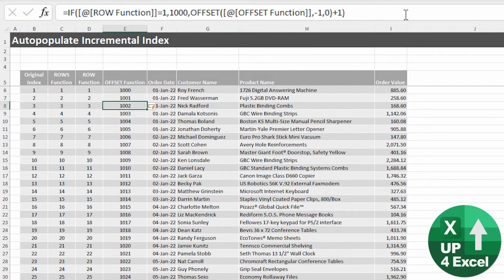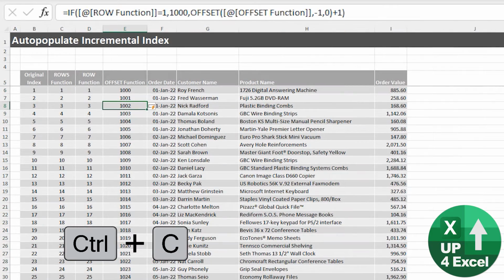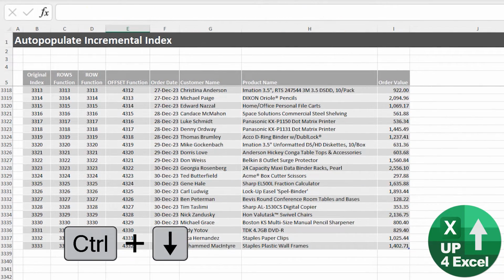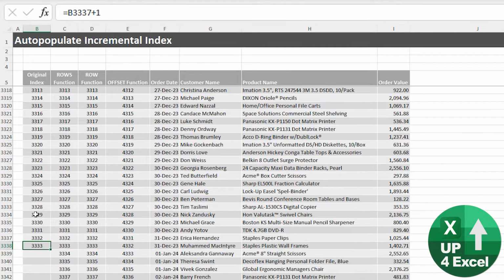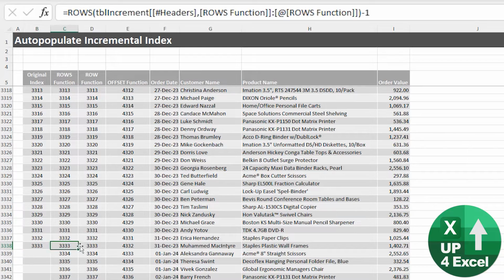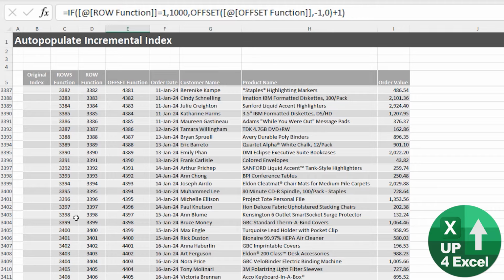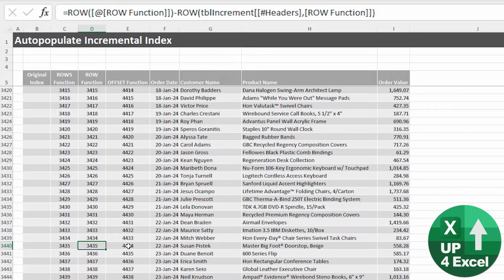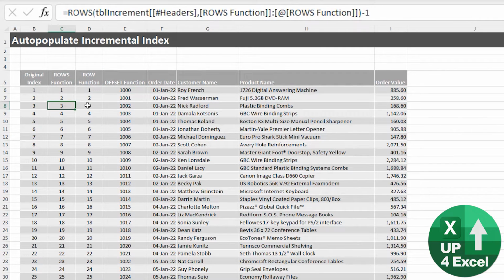So let's go back to 1. So do they work? Well, let's try and add the new data and see what we get. So here's the new data. I'm going to add it on the bottom of this. So I'll just go down to the bottom here and add it on. And as you can see, this original index breaks, but these ones all carry on doing exactly what we hoped they'd do. So these incrementing by 1, this is obviously going to be 1,000 higher than that because it starts at 1,000. But I don't know if you've spotted, there's a potential issue with this, and that is if you sort this data